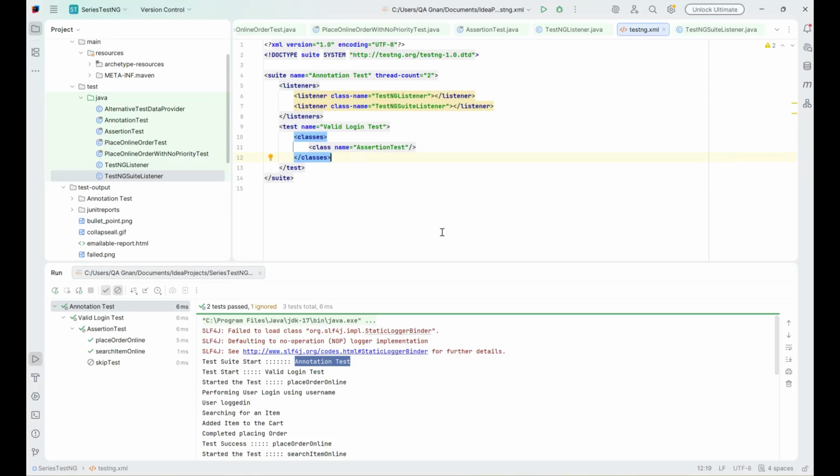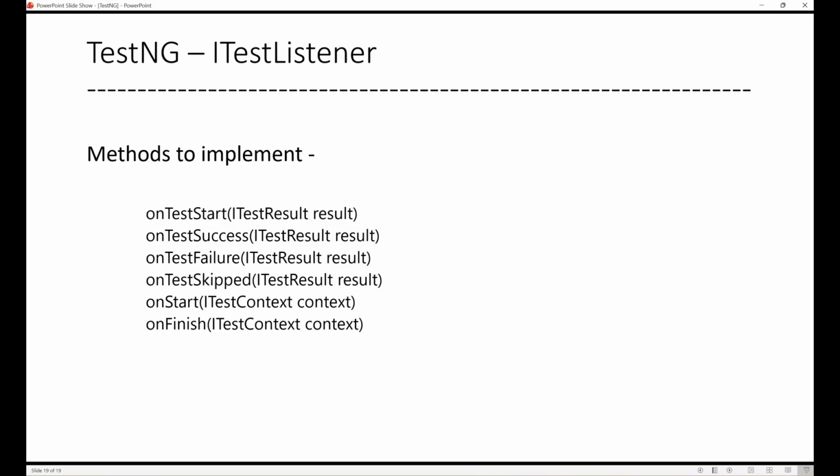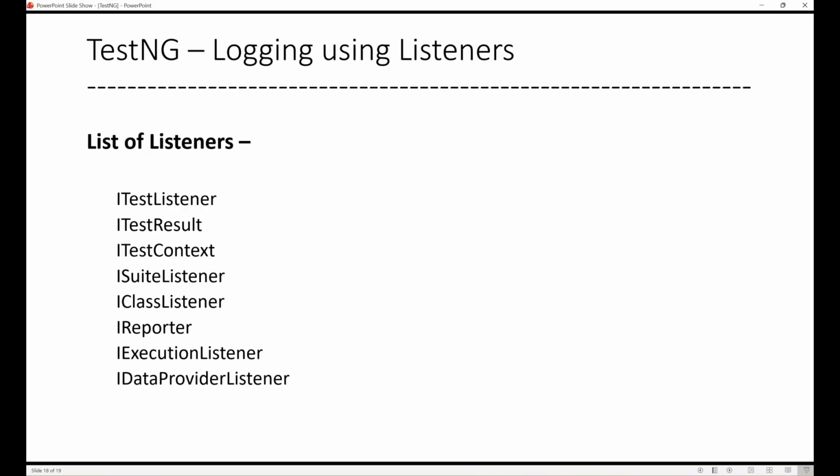Okay, so I hope you understood the concept. It will be initially hard to understand, but once you get the concept, then you will be able to implement any of these listeners in your